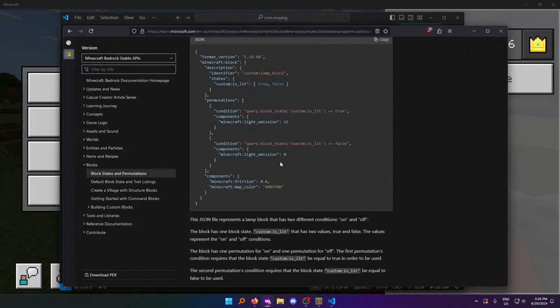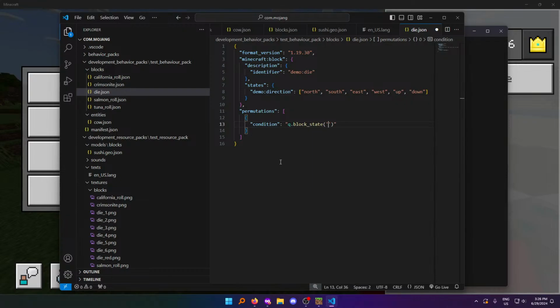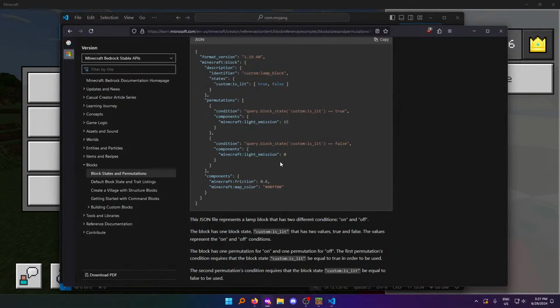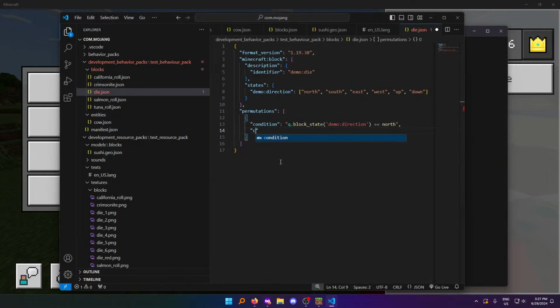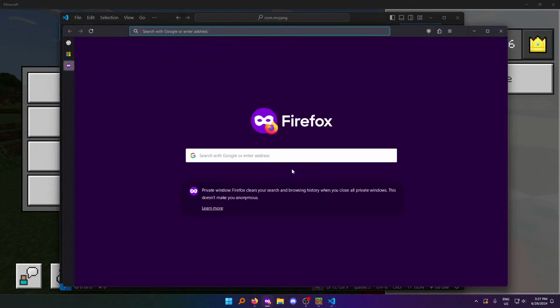So the condition is going to be query.blockState. Property will be, in quotes, demo direction equal to north. So that's the condition, and then the components is also an object. And then I need to rotate it somehow. So